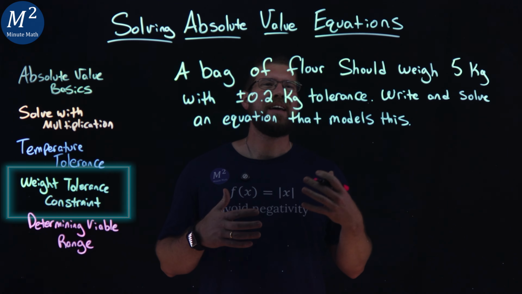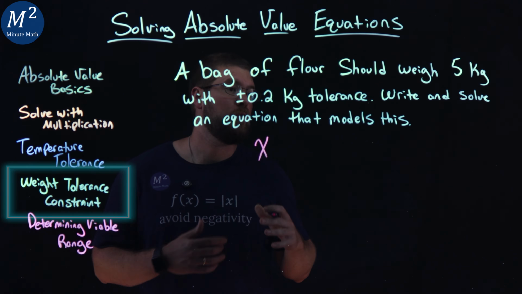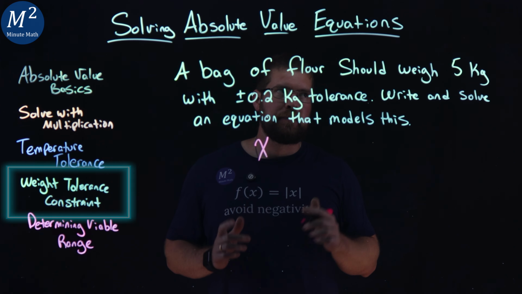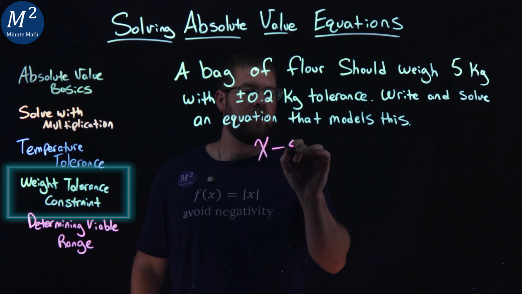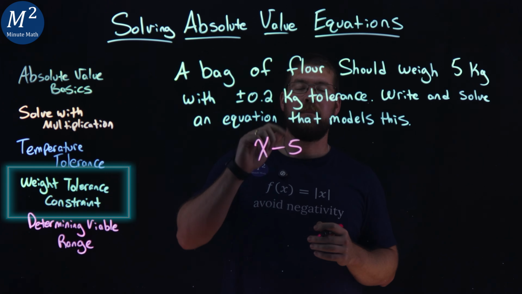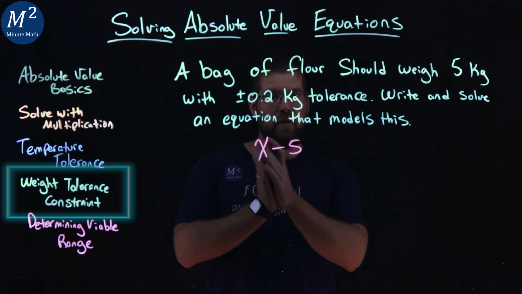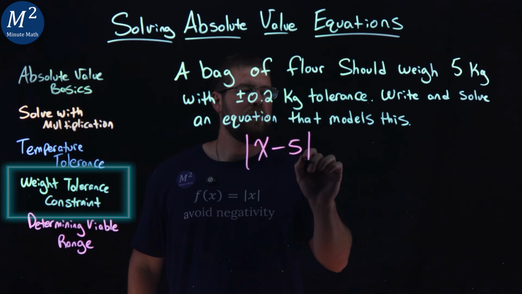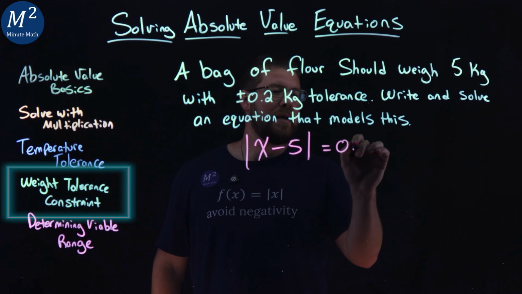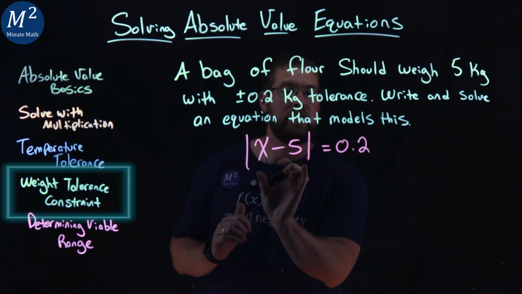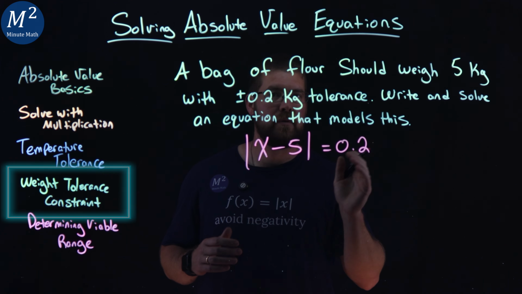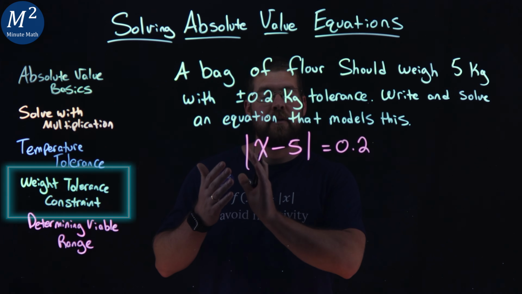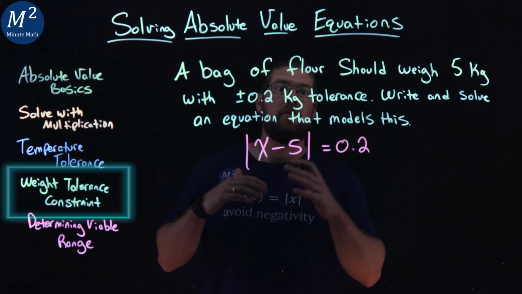Okay, let's let x represent the values of the weight that the flour can be. And if we subtract 5 from that, we should get a 0.2 tolerance within there. So we're going to set up the ranges, the endpoints of this. If we put the absolute value of this, we can put a 0.2 right there. And we know when we solve this, we're going to separate this out to a plus and a minus. And so now we have an equation here that can help us find those endpoints of the tolerance